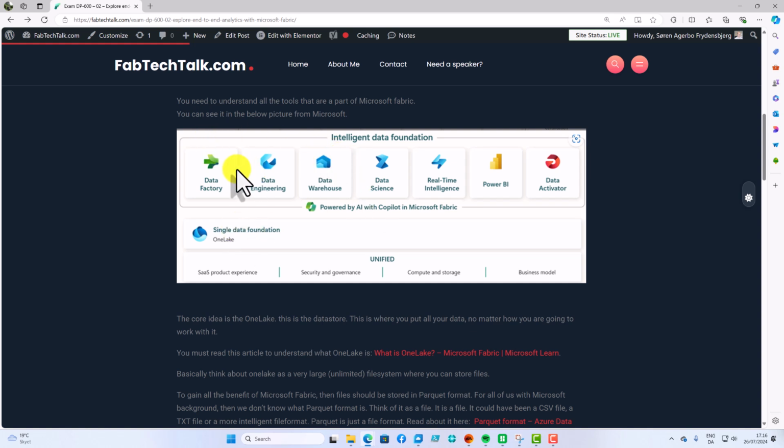then we are looking up at the different areas of Microsoft Fabric, and we have Data Factory, Data Engineering, Data Warehouse, Data Science, and so on. You can read it yourself while I'm talking. Today we have a certain amount of tools. Tomorrow we will have double the amount of tools, and in 10 years we will have many more tools. For now, the interesting part is how do we get data into OneLake, how do we process the data, and how do we read them. And that is what I'm going to give you a short introduction to in a few minutes.